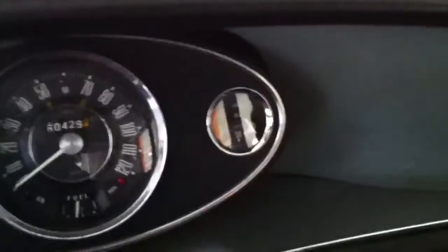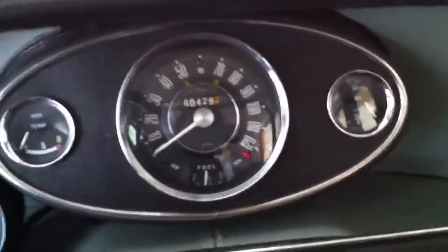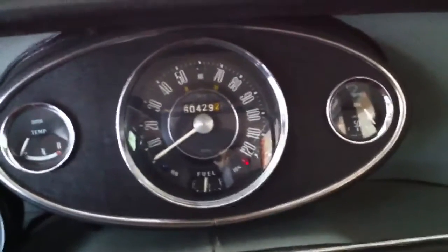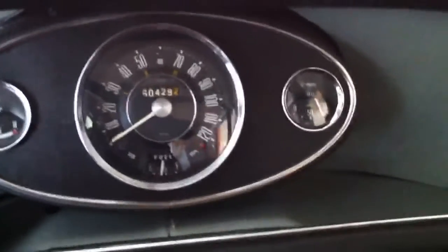Oil pressure. These usually peg when you put them together with new oil, and sure enough we're just under 100 on that gauge. It should soften down to 60 to 70. Now, since we revised our linkage, of course,